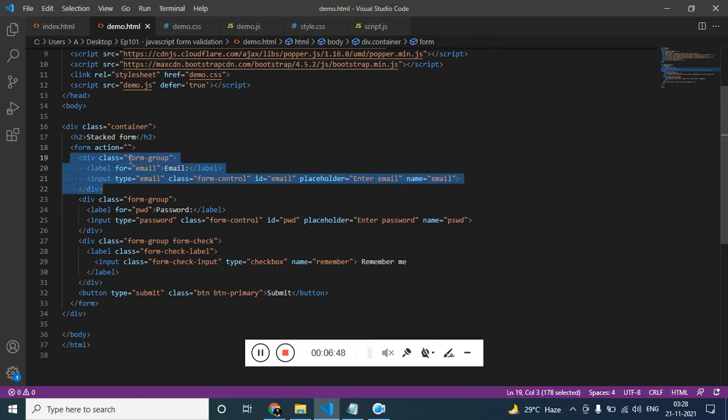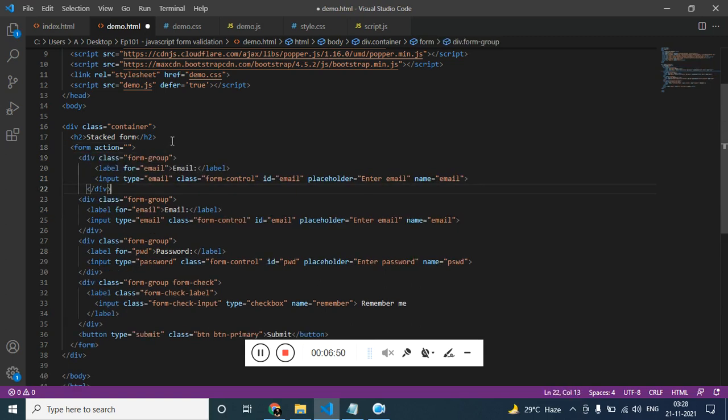Let me copy the whole section and paste it here. We need the full name first. Let's use the input type text, and the ID is going to be full name, the placeholder, enter full name, and we don't need a name for now because it's just client side validation.